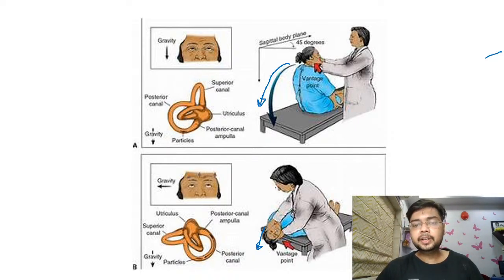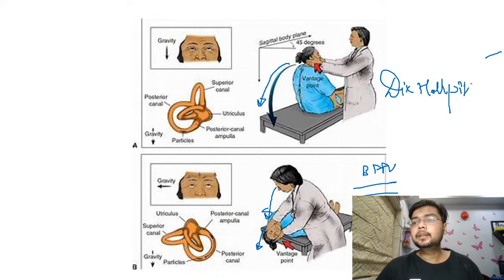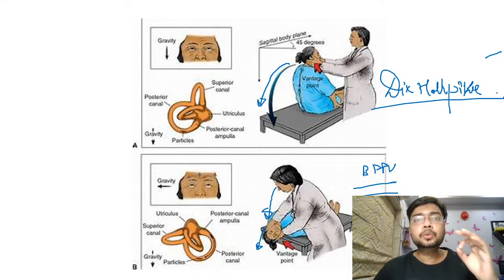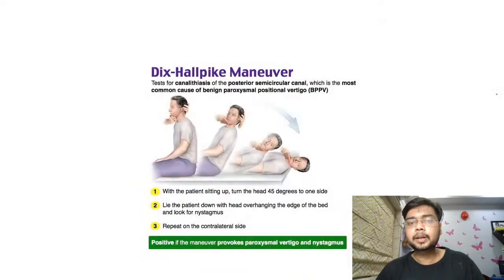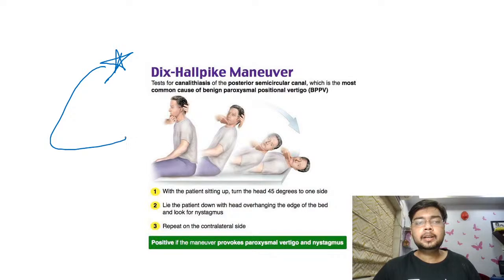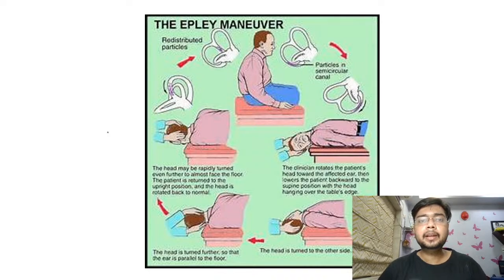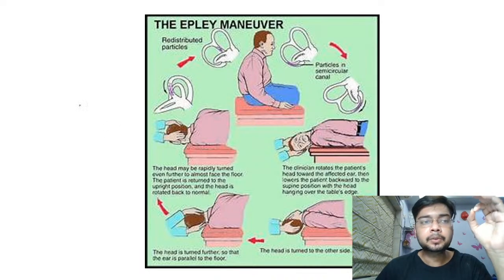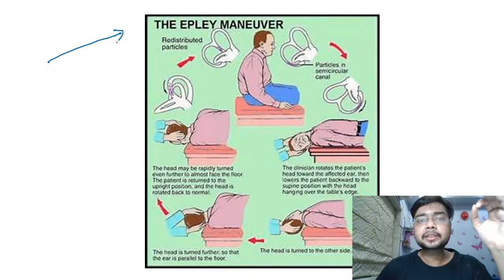Okay, and this will fetch you the diagnosis of BPPV, and the maneuver is called Dix-Hallpike, right? So I'm not going into too much detail because most of you know this by now, because this is quite often asked, and in your recent exam, in every exam it was there, right? So again, this is a Dix-Hallpike, and the therapeutic maneuver,